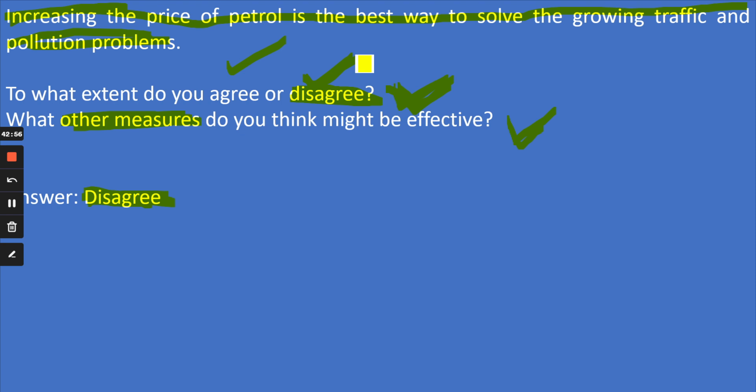And that's the reason why candidates say no, we should not increase the price of petrol. I disagree with this statement. They are deciding agree or disagree on the basis of emotions. Okay, I'm sure if you pick disagree on this topic, you will mess up the entire essay. But if you go with agree, you will have a wonderful essay on this.